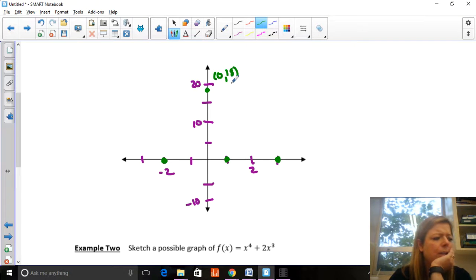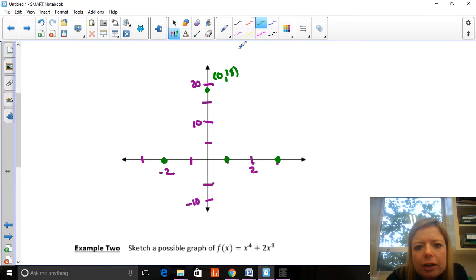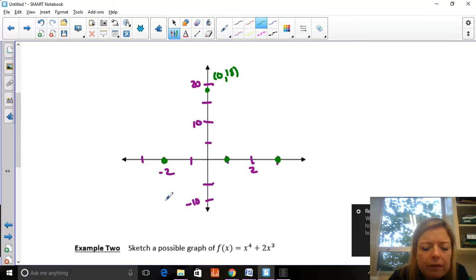And so if I want to get a better understanding of what this looks like, I can test values on either side of -2, on either side of 1, on either side of 3. But really, knowing the end behavior and everything is enough information. So you just go up,